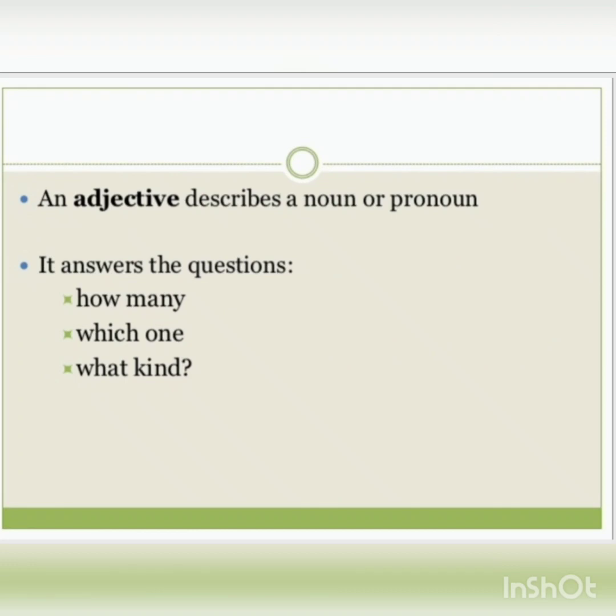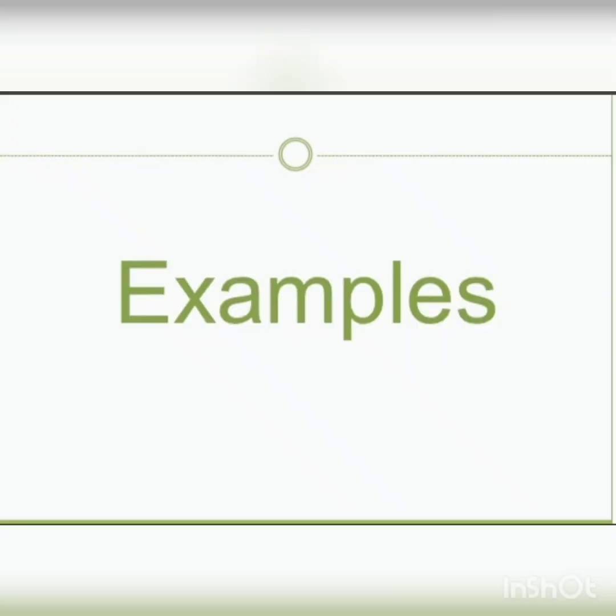An adjective describes a noun or a pronoun. It answers the questions how many, which one, what kind. These are what we have to use here. Examples of adjectives are